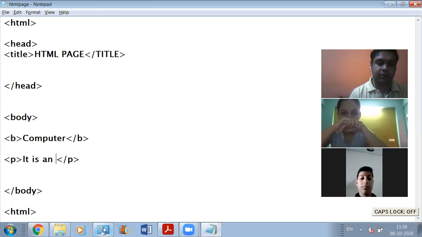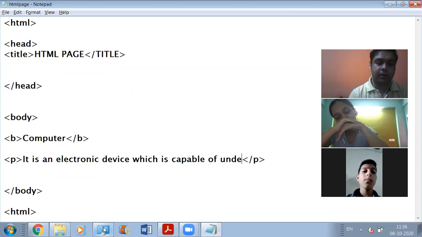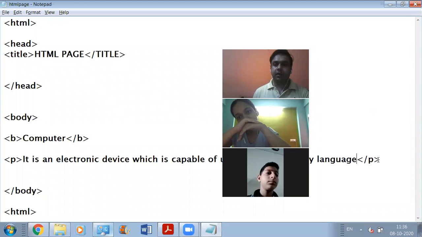It is an electronic device which is capable of understanding binary language. This is the first line that I have written for computers.